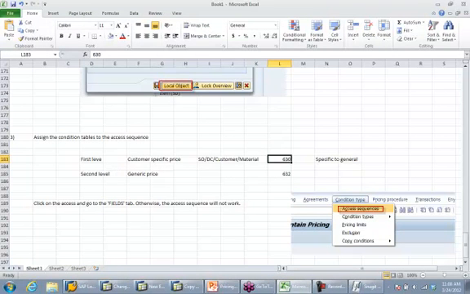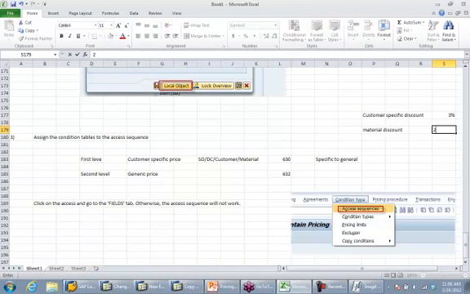This is more relevant in discounts. For example, in discounts you have a customer specific discount of 3%. Again you will have a material specific discount for that material of